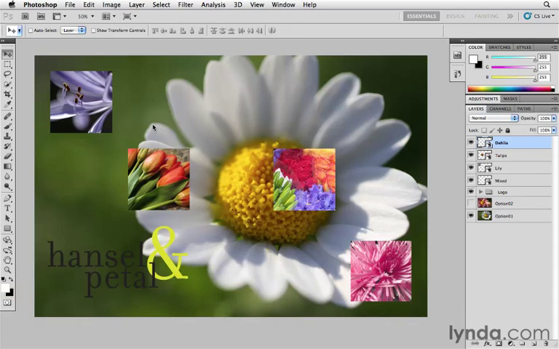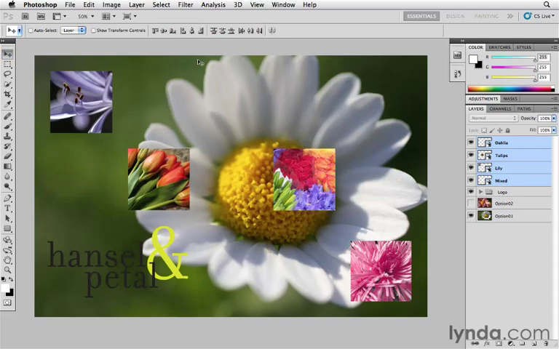become available to you. So I'm going to select these 4 thumbnail layers, the ones in my layers panel: the dahlia, the tulips, the lily, and the mixed. I'll just hold down the Shift key, select the dahlia layer, and then click on the mixed layer to select all 4. And once I have 2 or more layers selected, you'll see in the options bar, because I have the move tool targeted here, that's my active tool, I now have my align options and my distribute options available